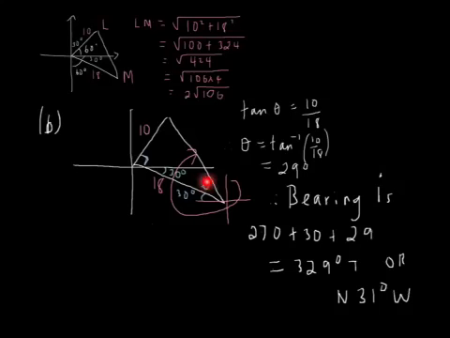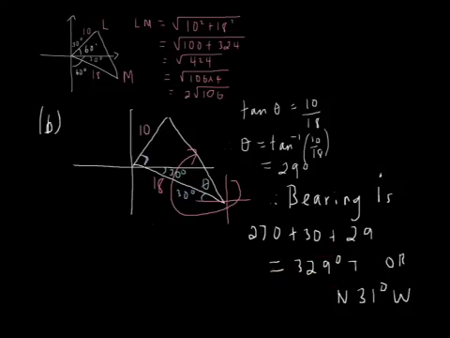That angle in there is just SOH CAH TOA stuff again. I've got opposite and I've got adjacent, so naturally it's going to be tan. I set up my normal relationship and find the inverse of it. It gives me 29 degrees. So naturally I've got 270 plus 30, which is 300, plus 29, which is a total of 329 degrees true,